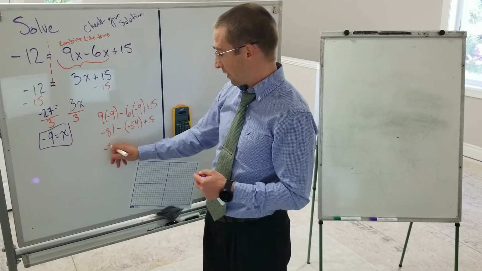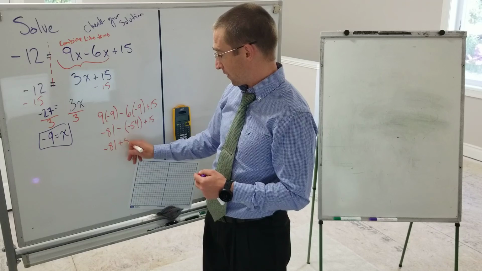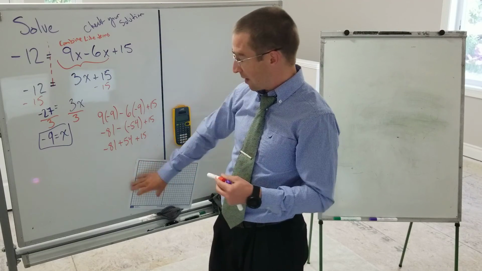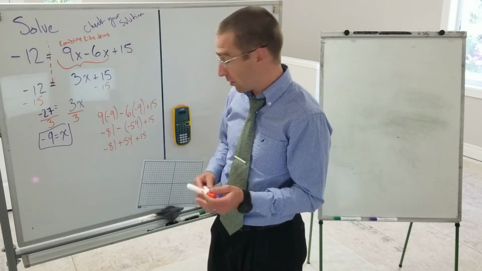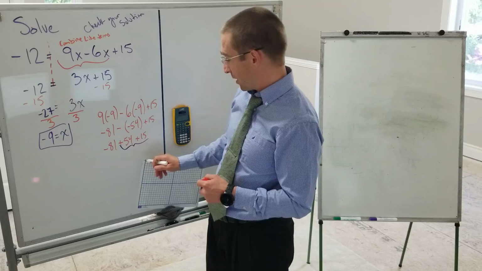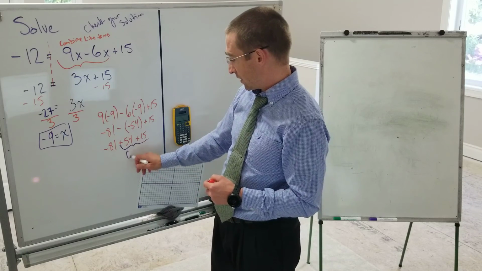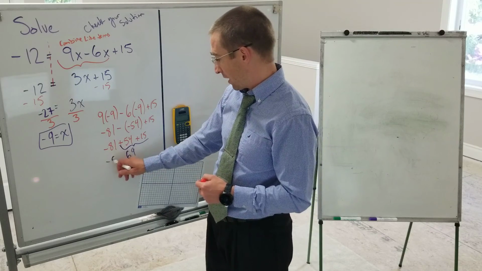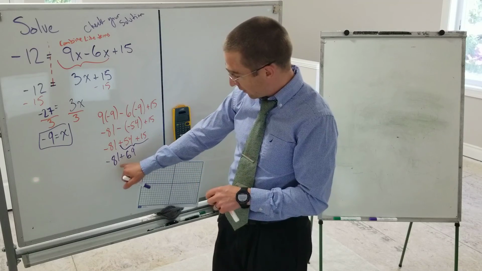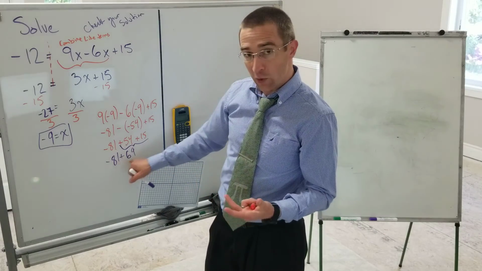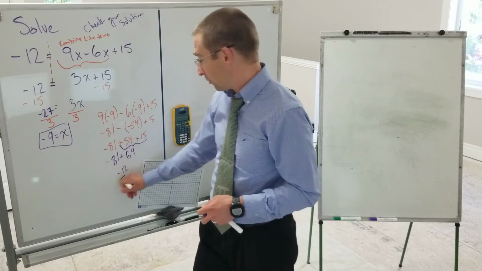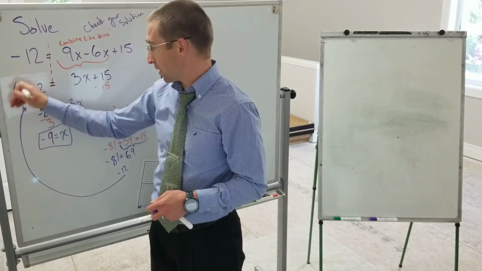So here I have negative 81 plus 54 plus 15. I'm going to combine my positives. It doesn't really matter the order, but I'm just going to do it that way. So 54 and 15 gives me 69, and I have a negative 81 plus that. Negative 81 plus 69, those two numbers are 12 apart, so we get a negative 12, which is, oops, sorry,